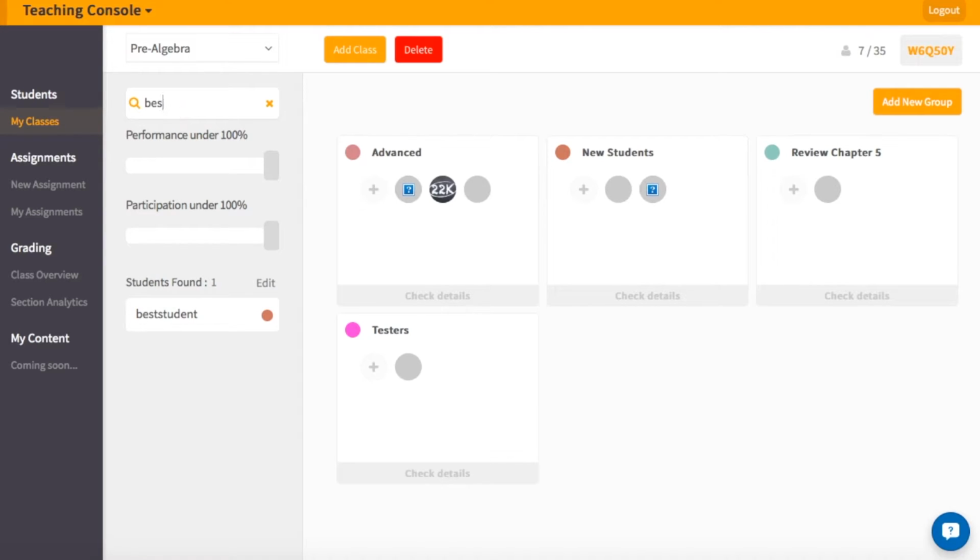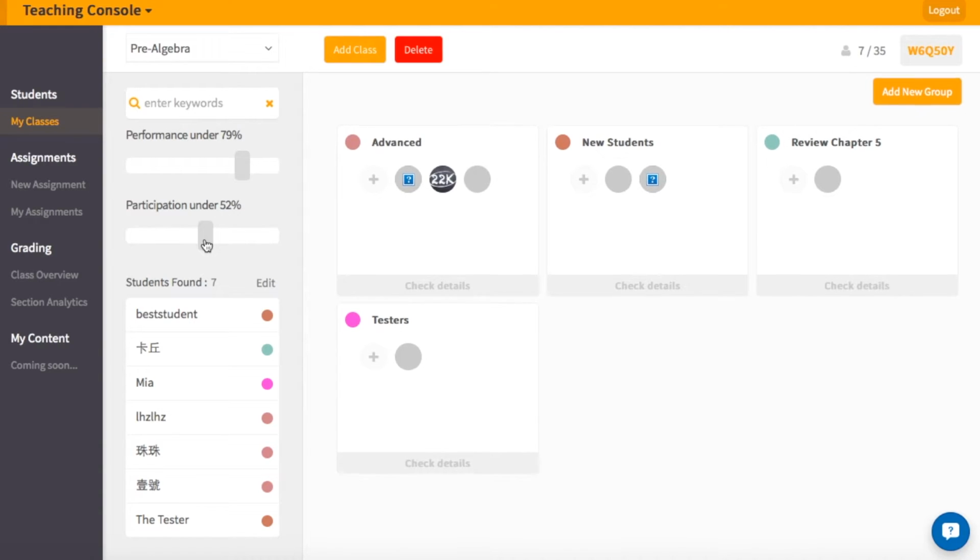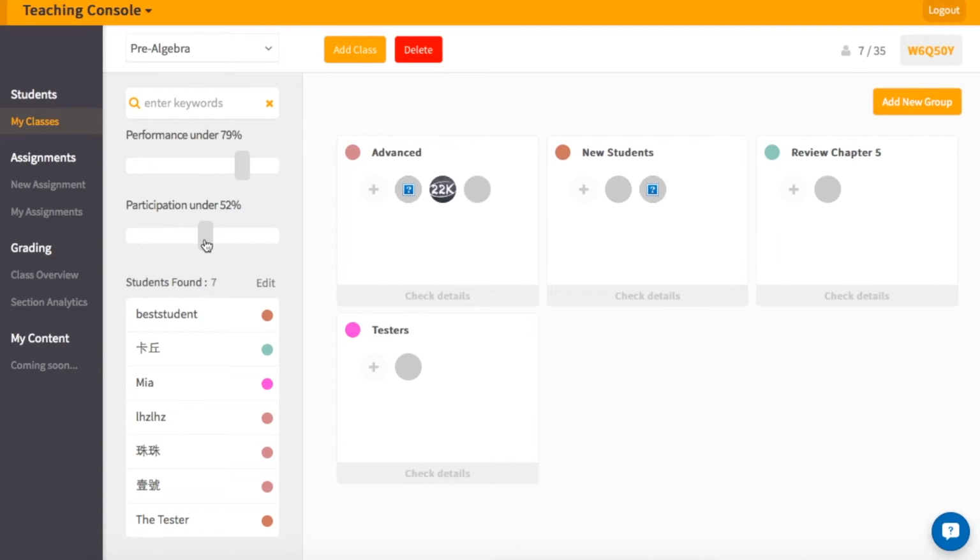Something very useful in order to assign individualized curricula is the filters for performance and participation. Right now, all my students are very good, so all of them are in the 100% area, but I could filter the students via performance and then group them depending on their performance so that I can give them different